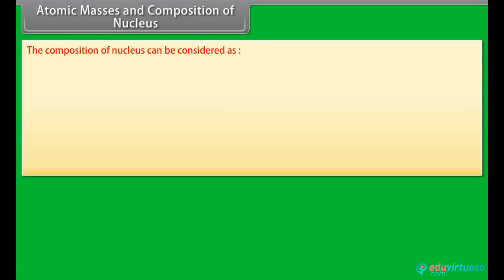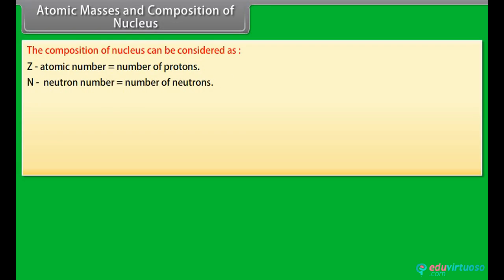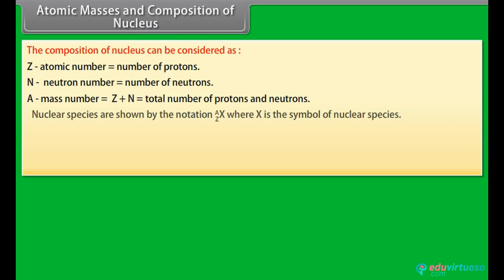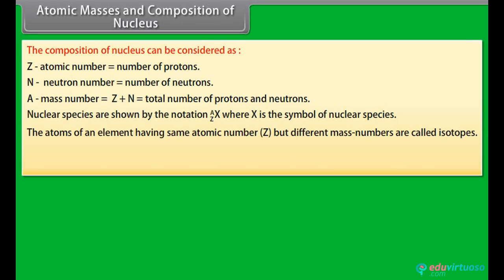The composition of nucleus can be considered as follows: let Z be the atomic number, which is equal to the number of protons. Let N be the neutron number, which is equal to the number of neutrons. Let A be the mass number, which is equal to Z plus N, the total number of protons and neutrons. Nuclear species are shown by the notation, where X is the symbol of the nuclear species. The atoms of an element having the same atomic number Z but different mass numbers are called isotopes. For example,